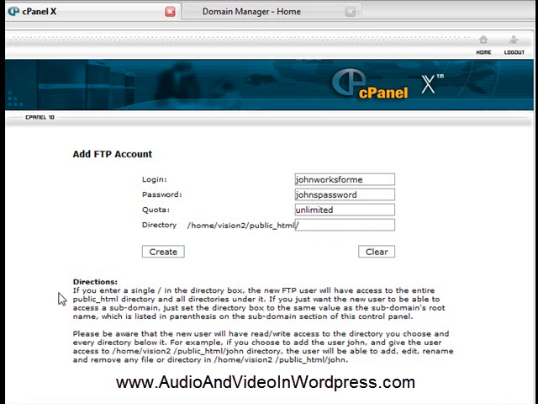So if there's some directions here. If you use the simple dash like that, well, John will have access to the entire website. So I want John to access a specific directory. So I look at the specific directory I want him to access and I put it here, and I click on create,